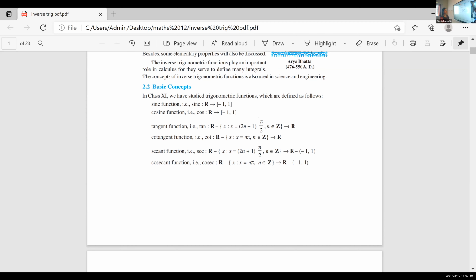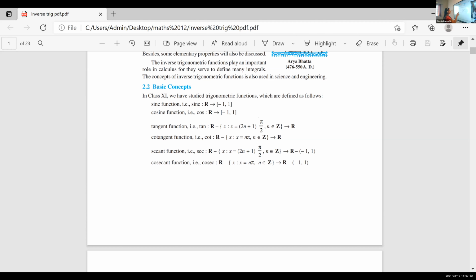Look here, what are the things we recalled last class? Sine function, its domain is R and range is -1 to 1. Sine is a function, cos is a function whose domain is R. And what about the codomain? It is from -1 to 1. Minimum value is -1 and maximum value is 1. If you take tan, the domain is R minus odd multiples of π/2, isn't it? For 90 degrees, tan 90 becomes infinity. So R minus (2n−1)π/2 to R. Likewise, you define cotangent, secant, and cosecant. So these are all functions.